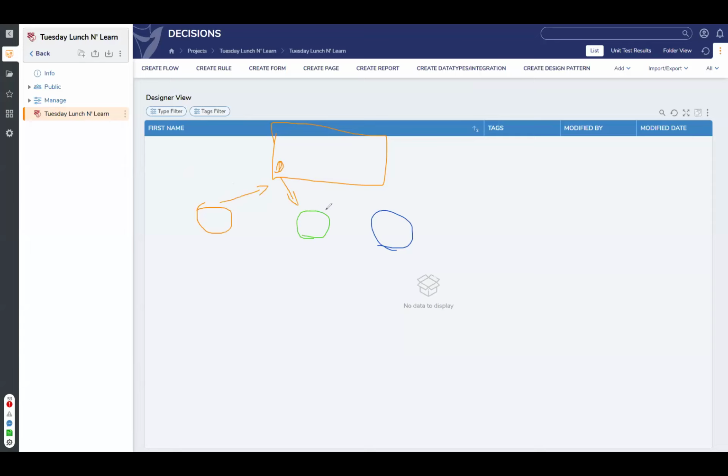UAT does their thing, they do their testing, right? If UAT doesn't change anything and says this is good to go, there is no need to push the project back in and then back out on production, right? Because then you're just making two copies of the project with different revisions and you're taking up unnecessary space. Instead, you just take that same dev project, check it out to prod.